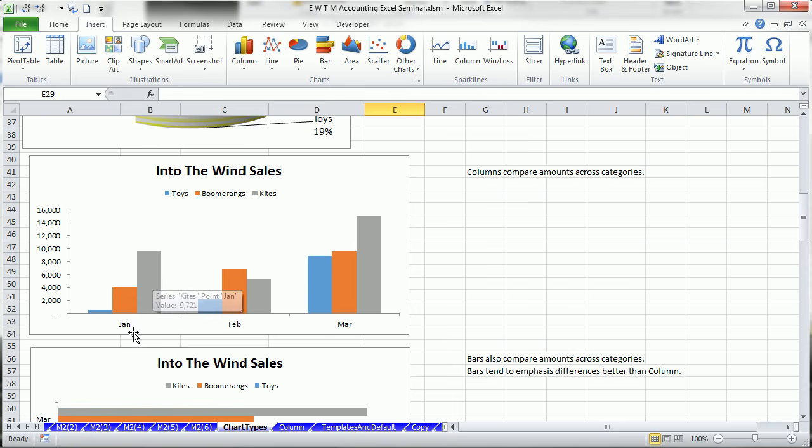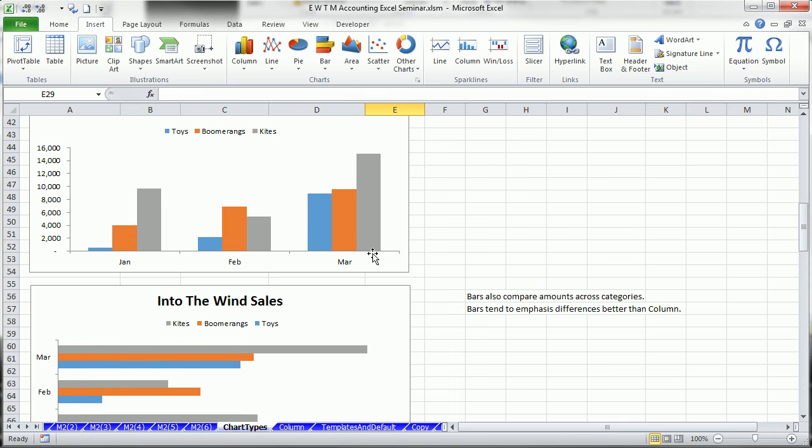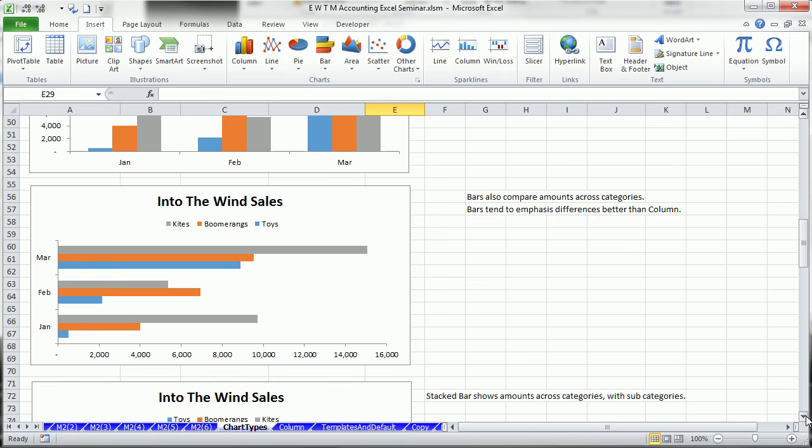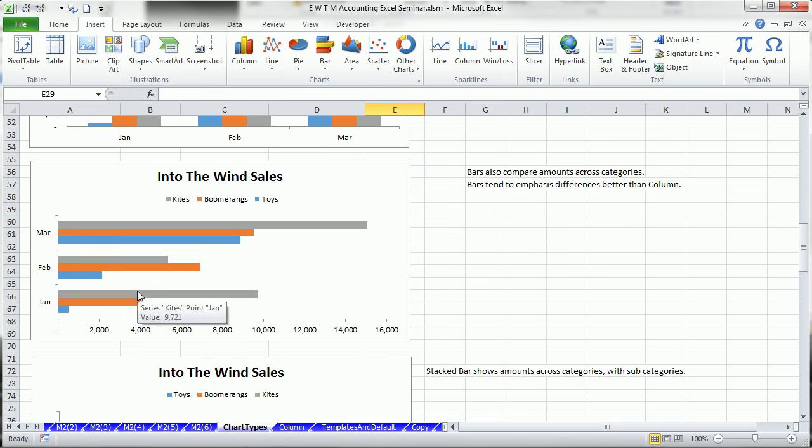and gray is kite. A bar chart, and oftentimes the terms column and bar are used interchangeably, but they're not. Columns are vertical in Excel, bars are horizontal. Now the only difference between these two charts is that bars sitting horizontally sometimes emphasize the differences more effectively than